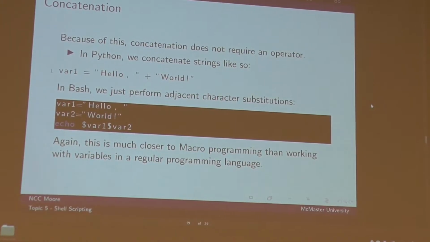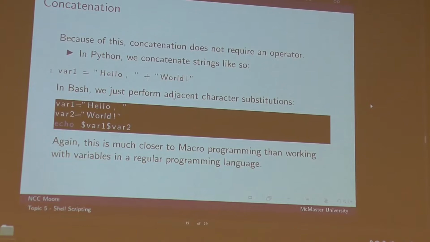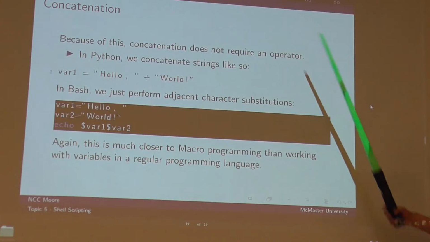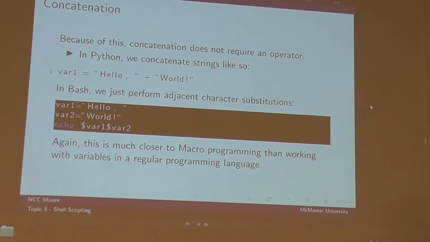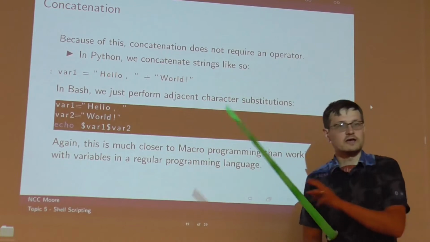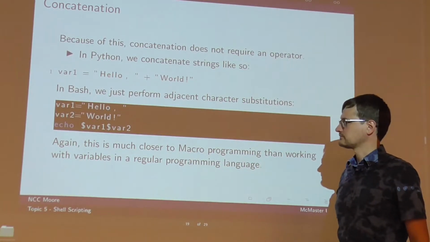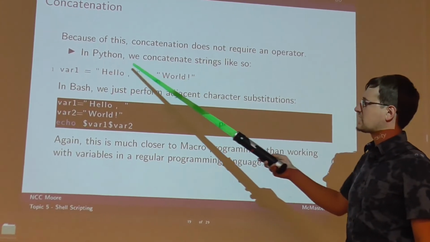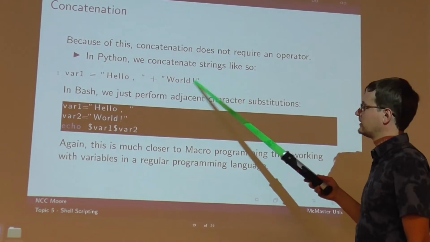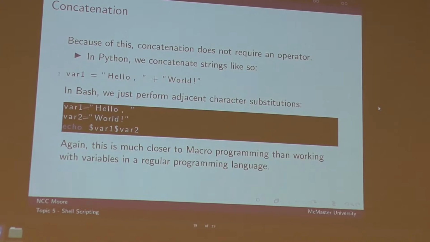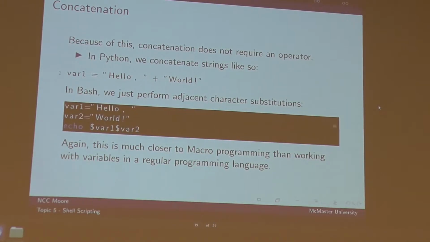Good. So, concatenation. Because of this, concatenating does not require an operator. Because everything is just direct character substitution, if you perform two character substitutions adjacent to each other, they'll just substitute. So, in Python, we would do something like var1 is equal to hello world, hello plus world. In Bash, we just perform adjacent character substitutions. So, for example,